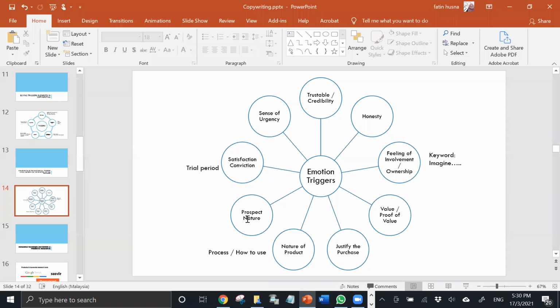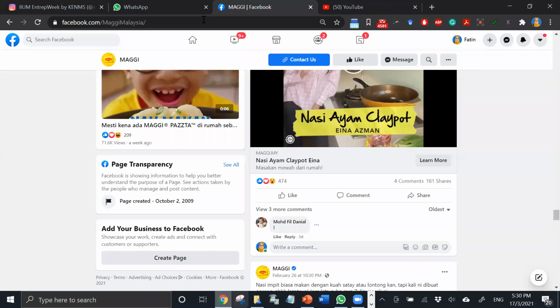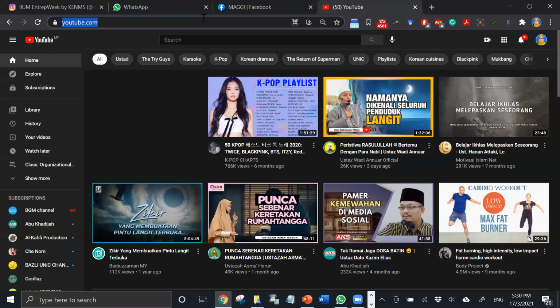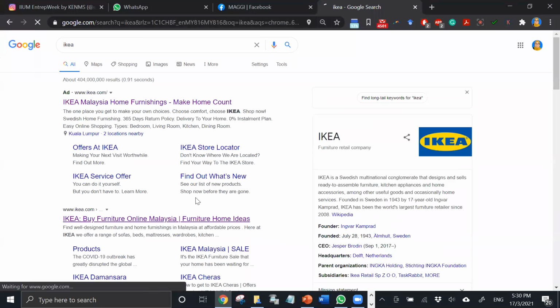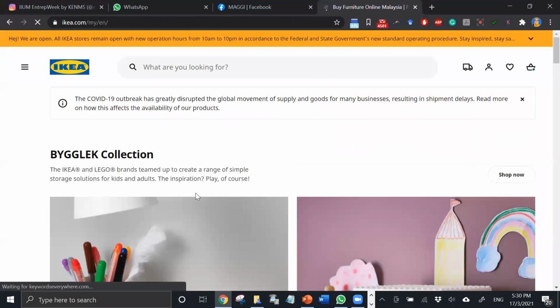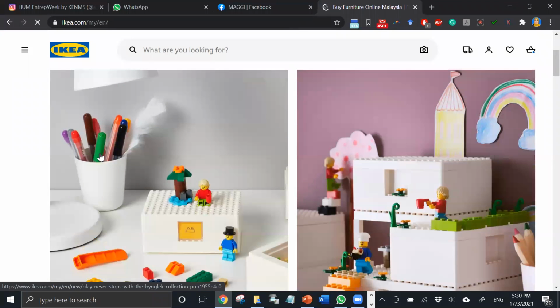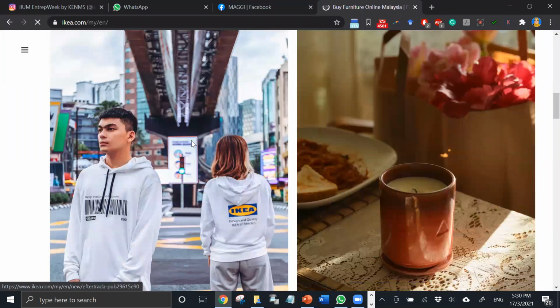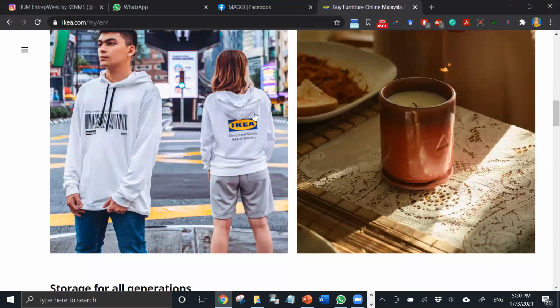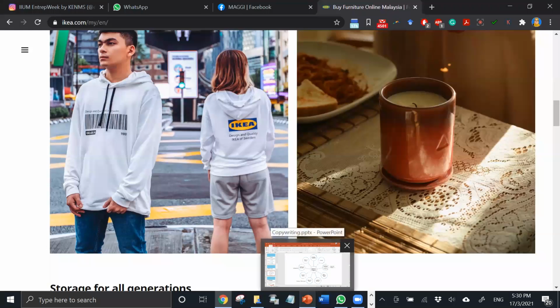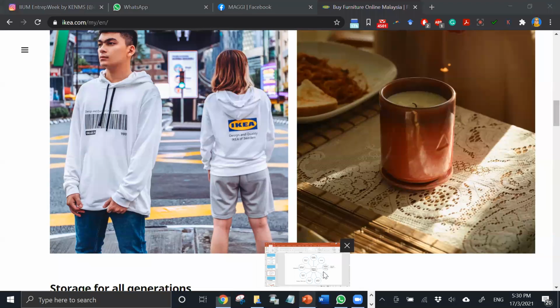copywriting for the design of the product that you have. Let's say the design is very nice, for example, like IKEA. They are doing good copywriting because their furniture is very good. Because their furniture is very nice, now they come up with Lego, and also their own merchandise as well. So you can actually do copywriting only to focus on the design of the product, or maybe other things. For example, if you are selling eyeshadow, the pigment of the eyeshadow, that kind of thing, the characteristic